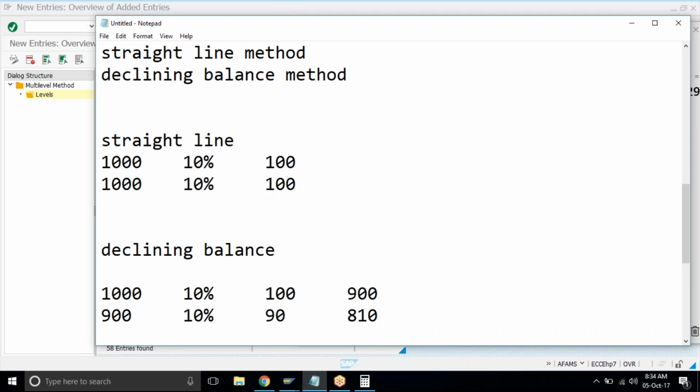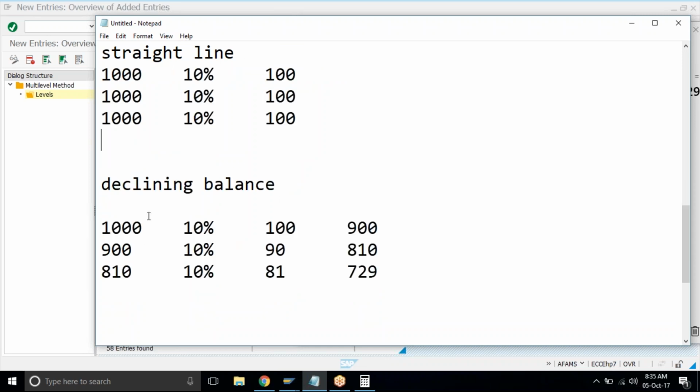That is why this is an unrealistic method right now. The company is now using declining balance because it gives more value to your asset and it basically depreciates slower. In the above case, you see it is going to end in 10 years, but